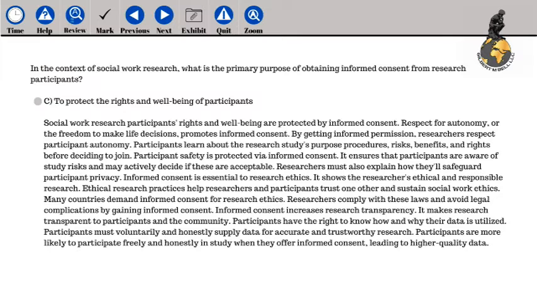Ethical research practices help researchers and participants trust one another and sustain social work ethics. Many countries demand informed consent for research ethics. Researchers comply with these laws and avoid legal complications by gaining informed consent. Informed consent increases research transparency. It makes research transparent to participants and the community. Participants have the right to know how and why their data is utilized. Participants must voluntarily and honestly supply data for accurate and trustworthy research. Participants are more likely to participate freely and honestly in a study when they offer informed consent, leading to higher quality